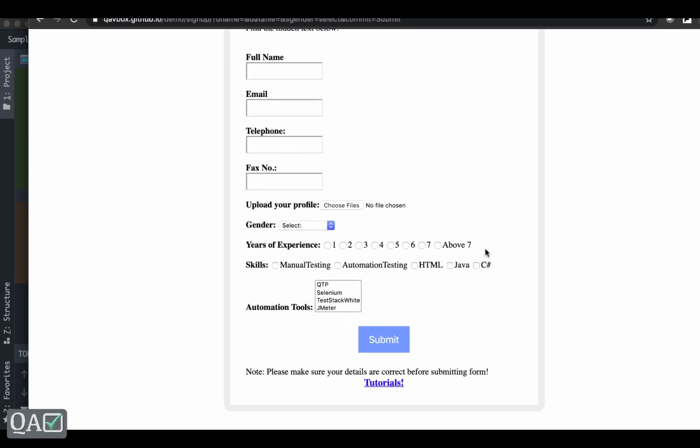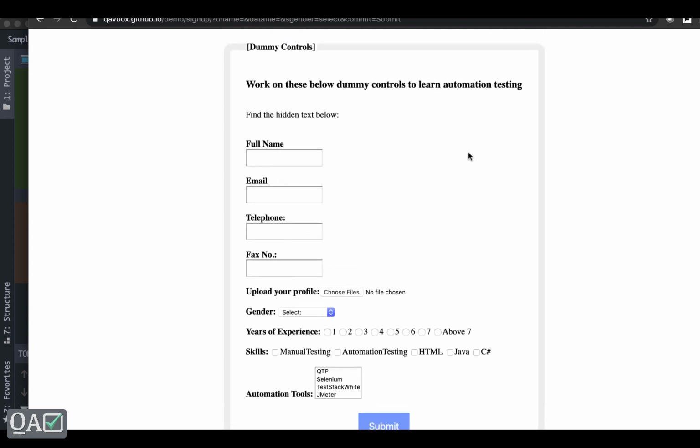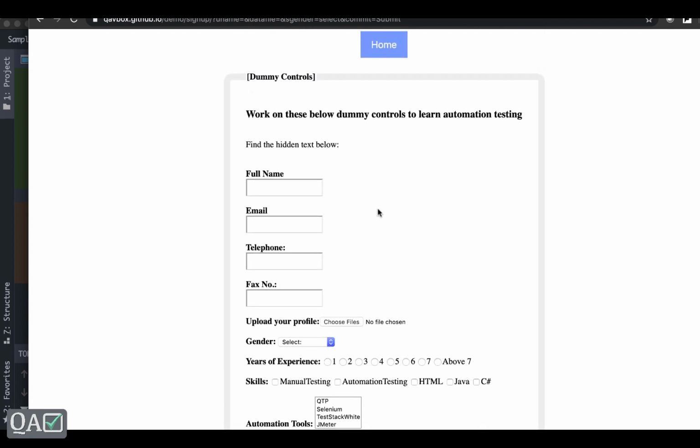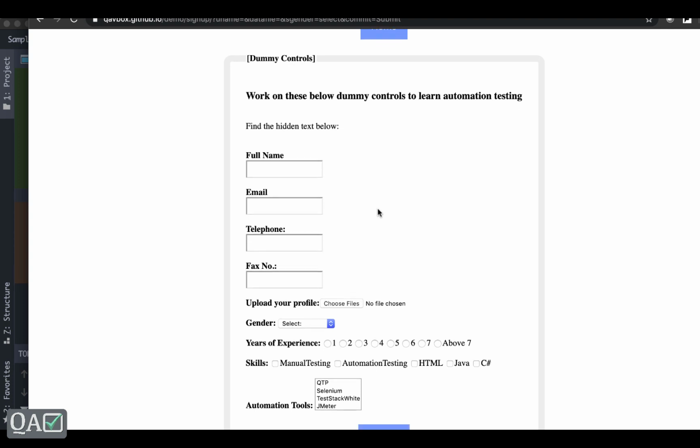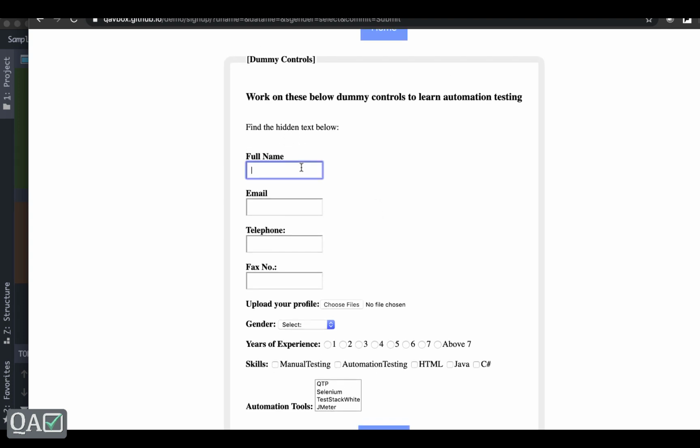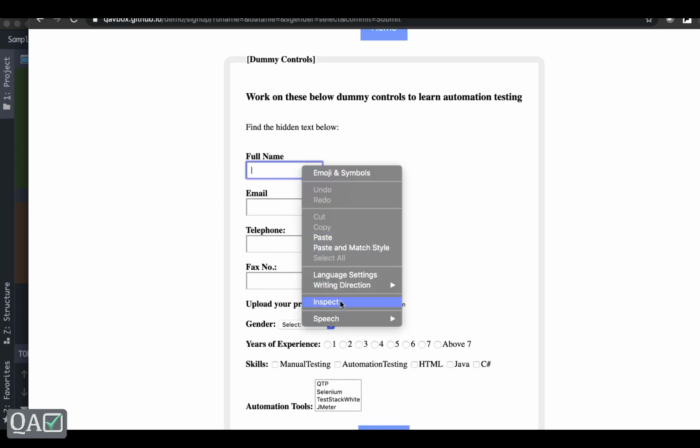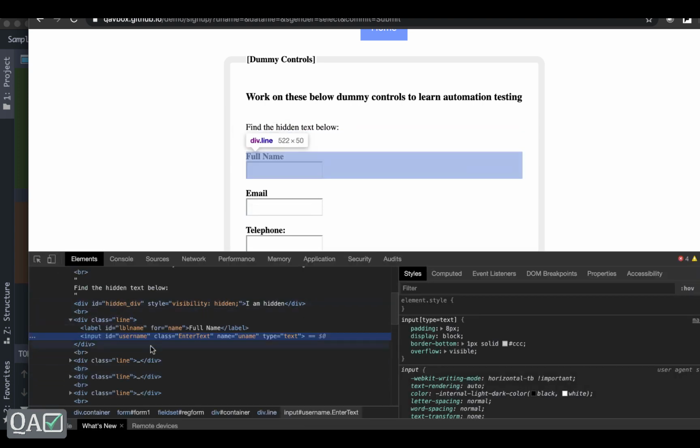Okay. And now you might ask one question: whenever we are using Selenium, we are using inspect element, right? For the same thing, how do we do it in Appium? So one answer is that you can use your desktop browsers to identify the elements. Like I simply did a right click on this, inspected it, and whatever the IDs are there, I've just noted them down.